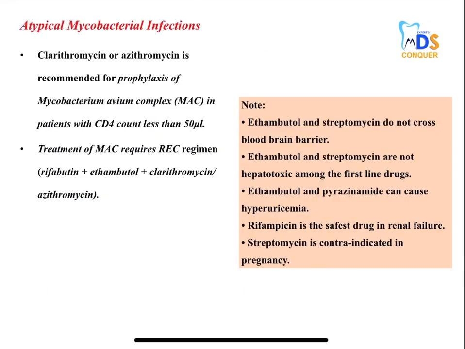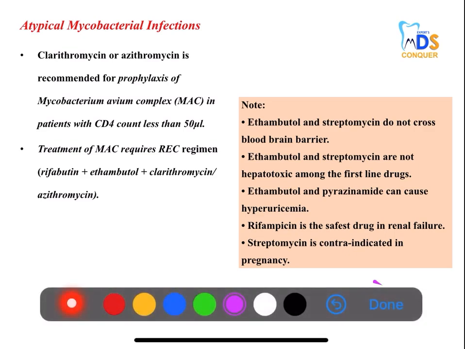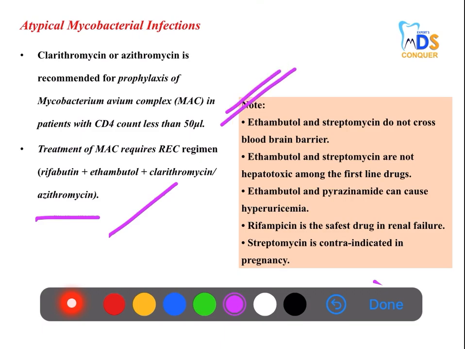Atypical mycobacterium infections. These are the important points. Just have a look at the treatment of Mycobacterium avium complex, the regimen. Very, very important. All the things I have posted here are a revision for you, and you can get through many new points as well. Don't worry, if you get some new points, you can answer in the exam. It's a quick glance, so nothing to worry. All the important points are listed here.